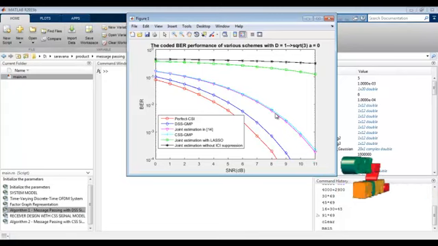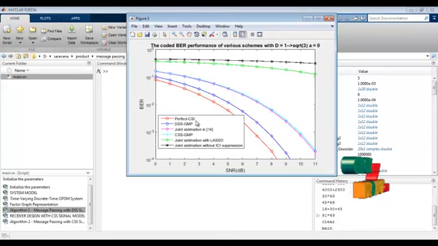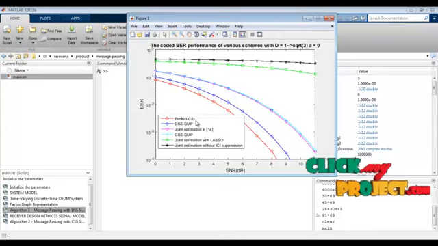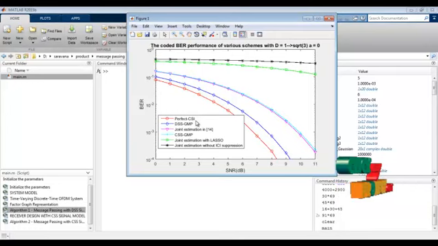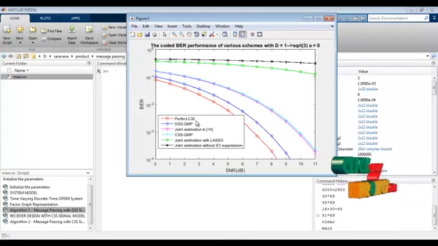This is the estimation performance comparison plot. The red line is perfect CSI, the blue line is the discrete state signal of Gaussian message passing, the pink line is joint estimation, and this magenta line is the continuous state space message passing,